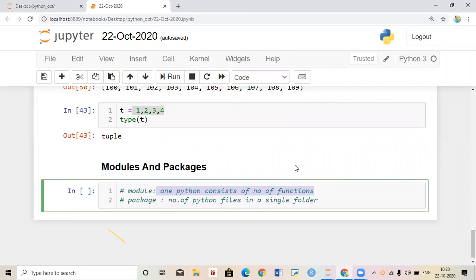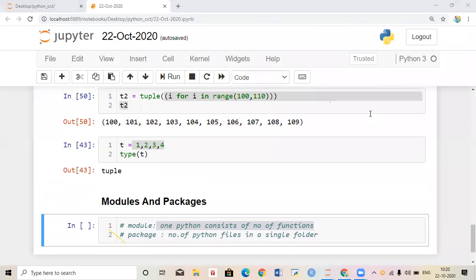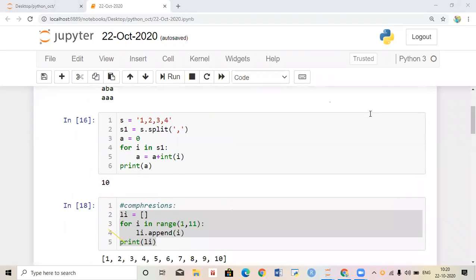See how to create a user defined module. Please follow carefully, because if you don't follow, you will get a number of errors.